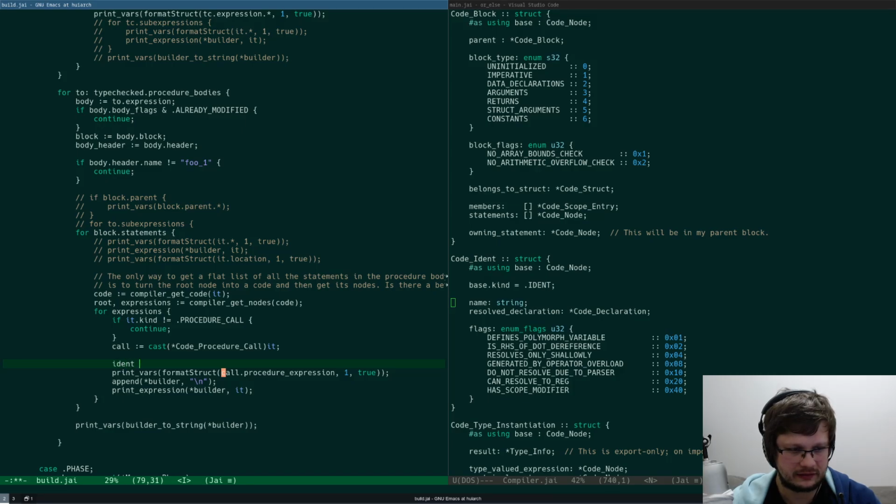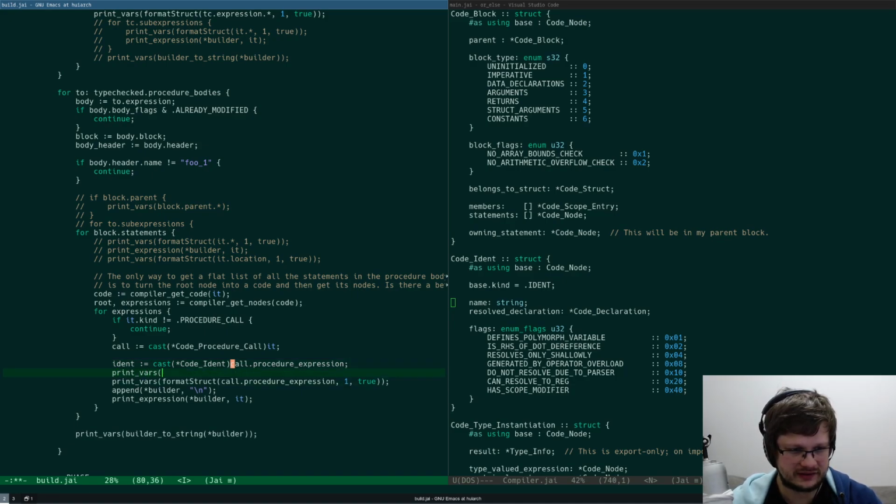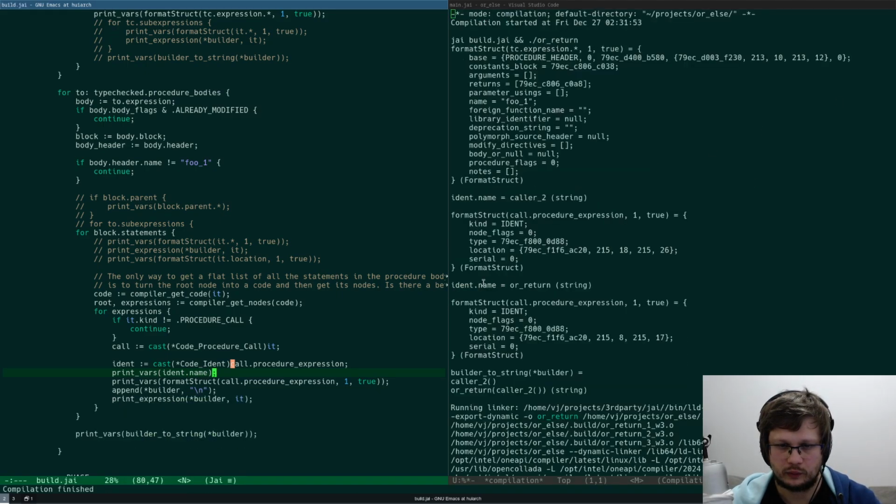Ident equals cast to code ident of this, and then print vars ident that name. We have or return color2, easy, or return, right?